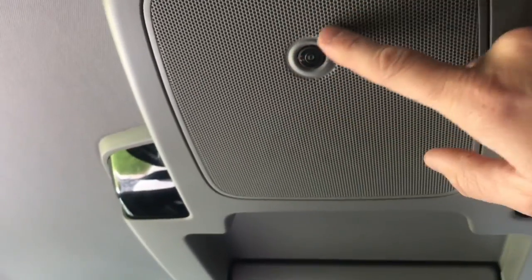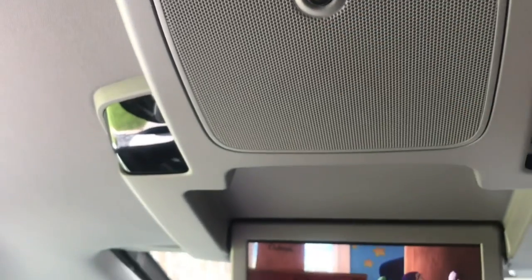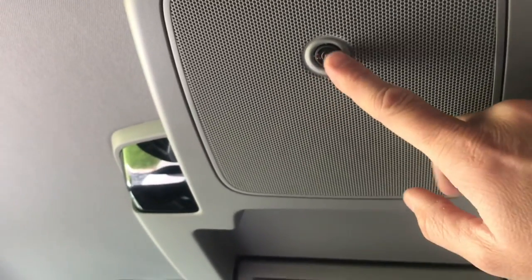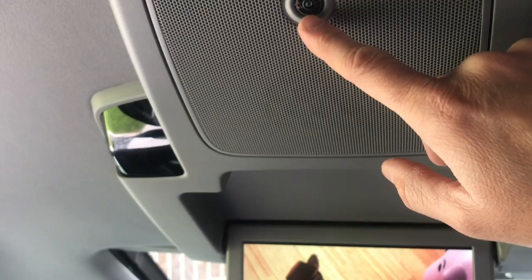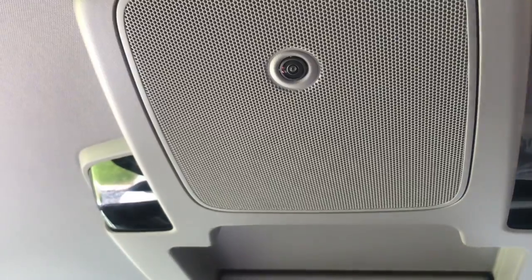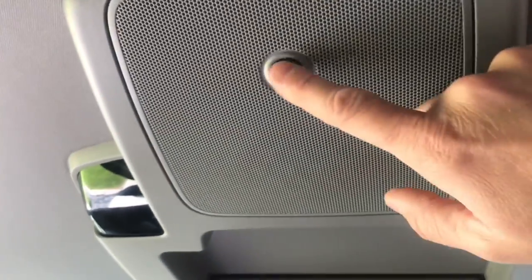Okay, this is supposed to be kind of helpful if you can view on the front screen there. You can view what's happening in the back here with the kids. The camera quality is so poor on this that you can't see any details. So it's sometimes hard to see if the kids' eyes are even open or closed, because the camera quality just isn't great. It's not a very high quality camera. So I found that that's not a very useful feature integrated into the...